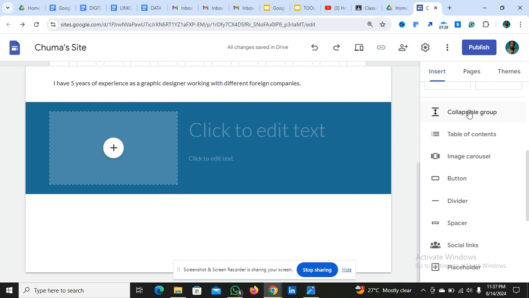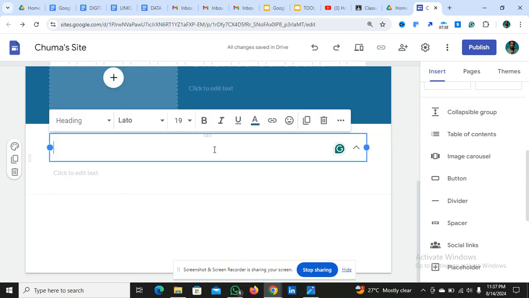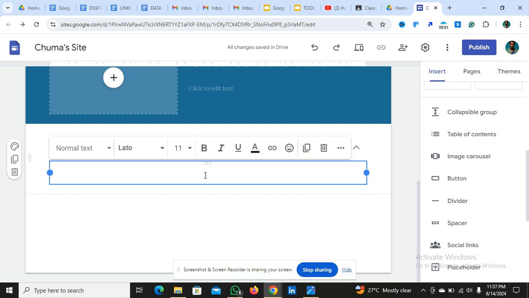And then you see where it says collapsible groups. Okay, collapsible groups. You can use this to build a collapsible group. What a collapsible group means is that you can have a title where people can click and have a drop down. Okay, if they have a drop down, you can add other words of text. Okay, you can add like a headline, you can add like jobs, right? You can add jobs here, and in the drop down, you can say